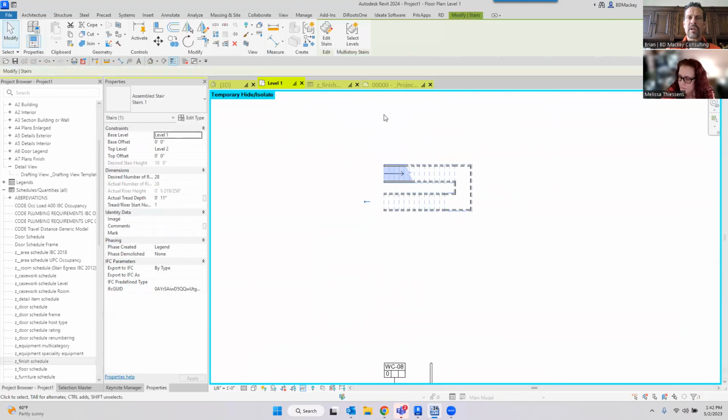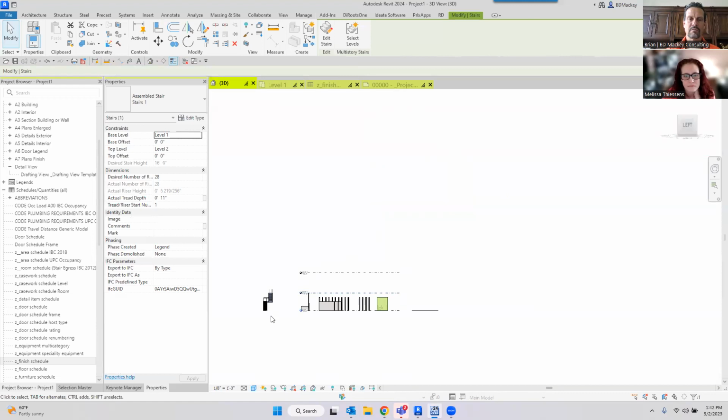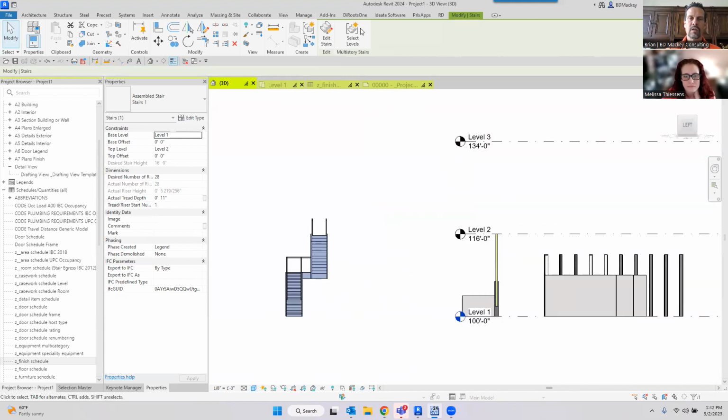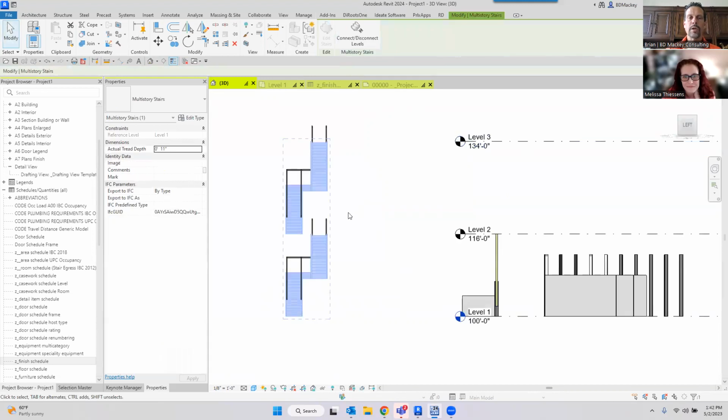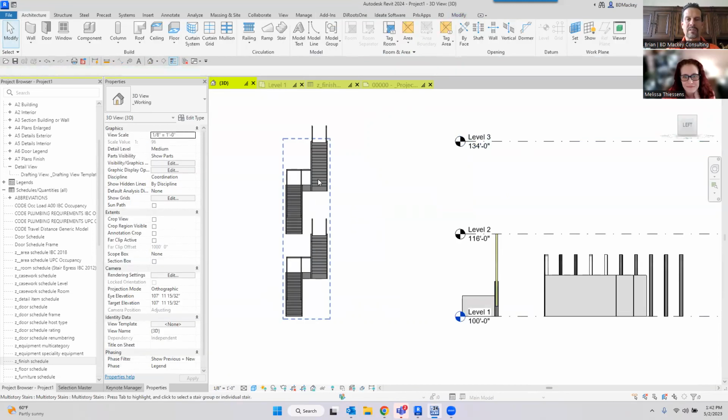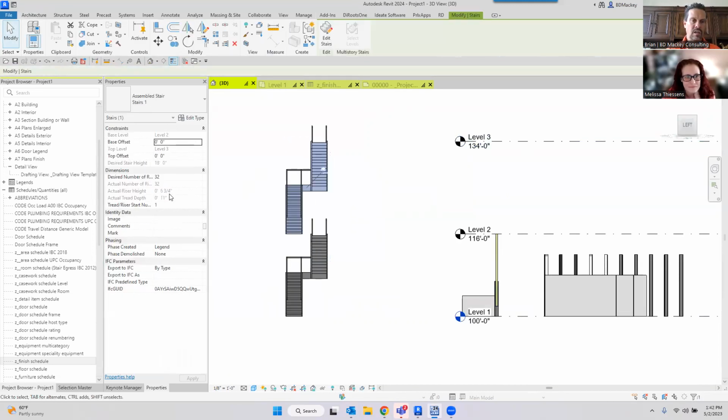All right. So then you grab the stairs and you can say, hey, I want this to be a multi-story. Again, I hate the fact you can't do this in the floor plan. Select levels. I want it to go up to level 3 as well. Say finish. What you're going to see happening is if I tab select into this stair, the actual risers are